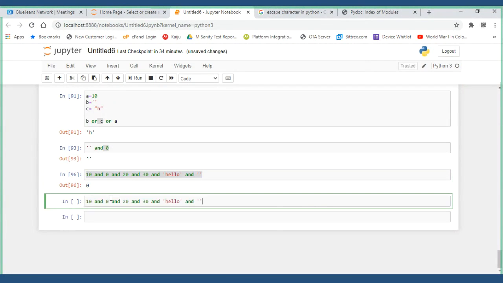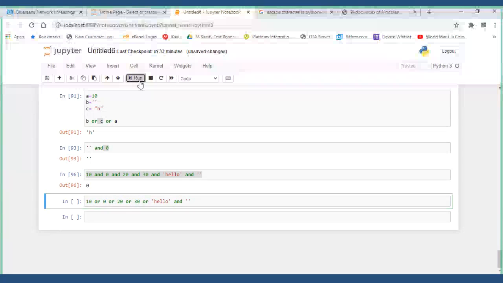If the first value itself is true, then what will I get? I'll get 10 as the return in an OR condition. If I change it to OR, I'll look for whichever first value is truthy, and I'll display it on the screen.